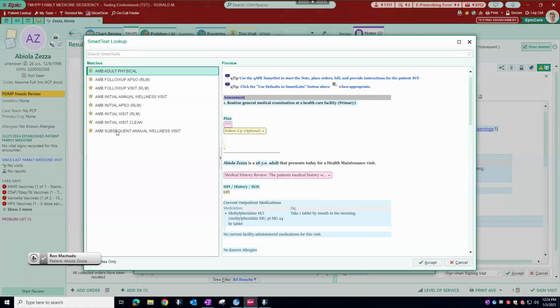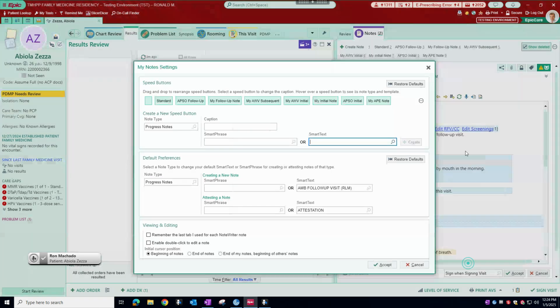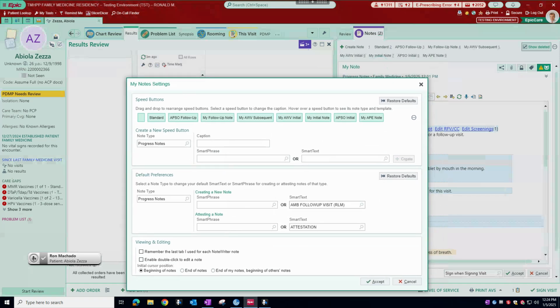I have all my content starting out, and you'll get more resources on those smart text note templates to build out your buttons, and then you can set up your default button. Whenever you click the plus button, what's the default, or you can use the speed button. All right, so